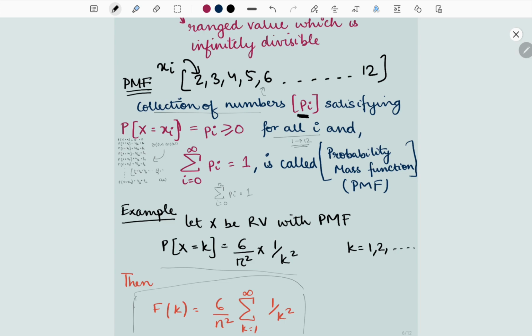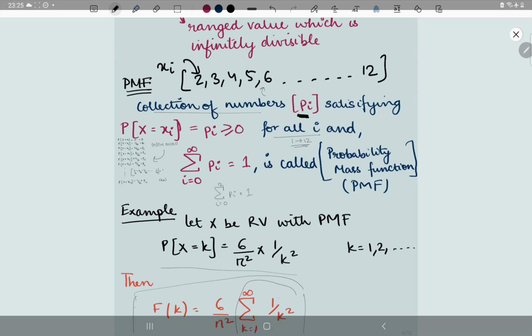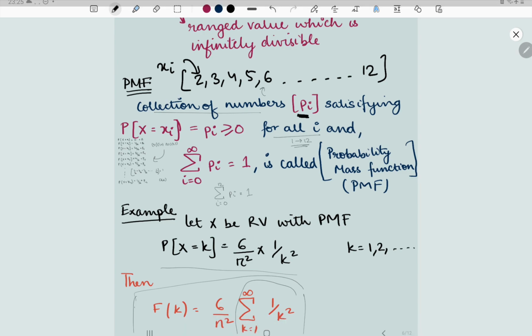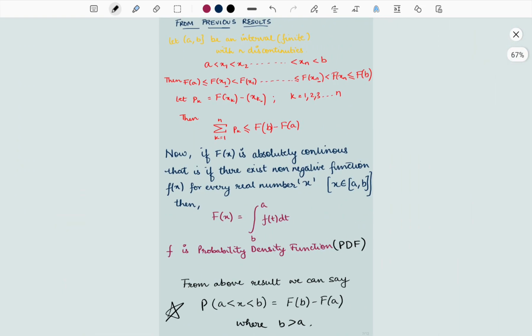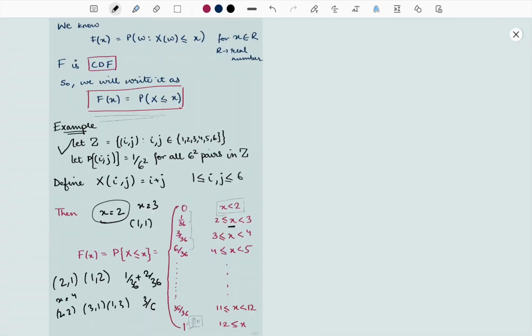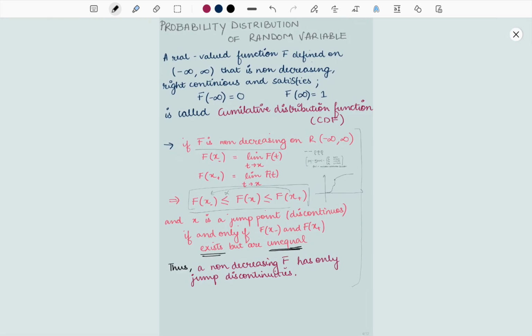The constant will be taken outside and we will have the summation of all of this. And from this we end up with the PMF. From the previous result, that is from here,